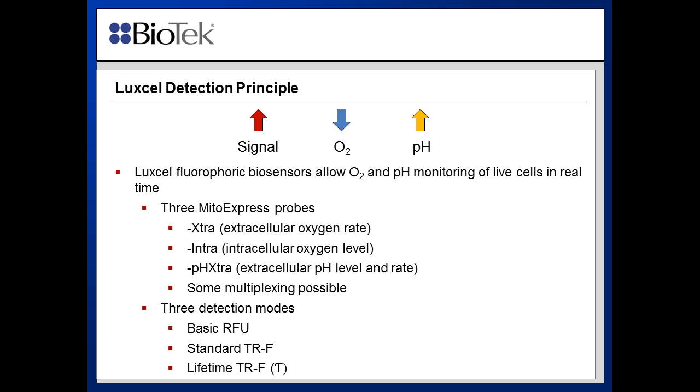So James really covered the detection principle pretty thoroughly, so I'm just going to highlight it here quickly: the higher the signal from the probe, the lower the oxygen and the higher the pH. These are the 3 MitoXpress probes that James explained. I'm going to spend